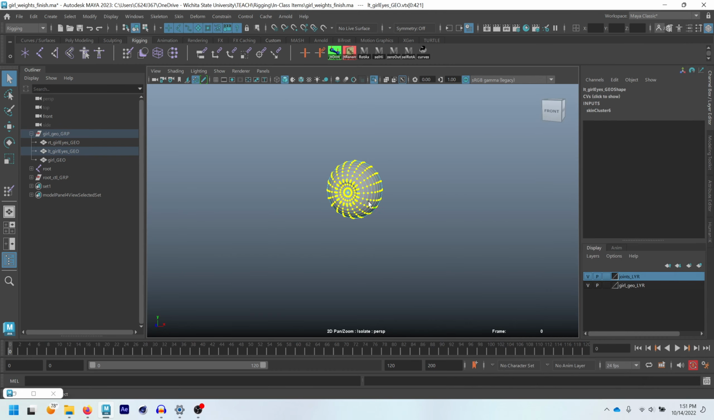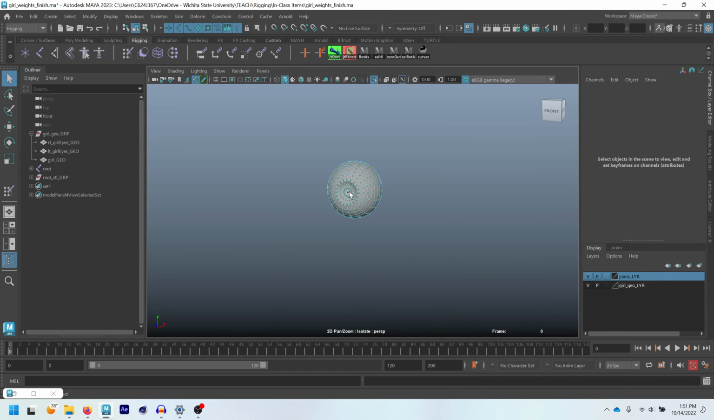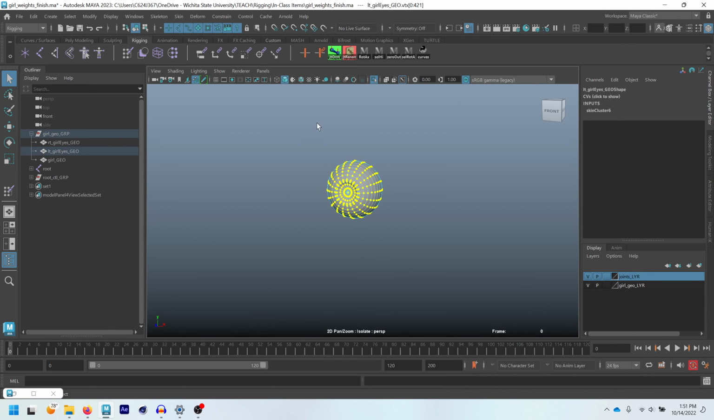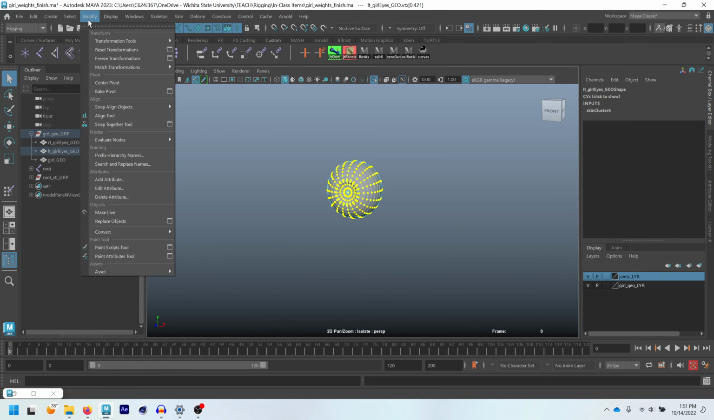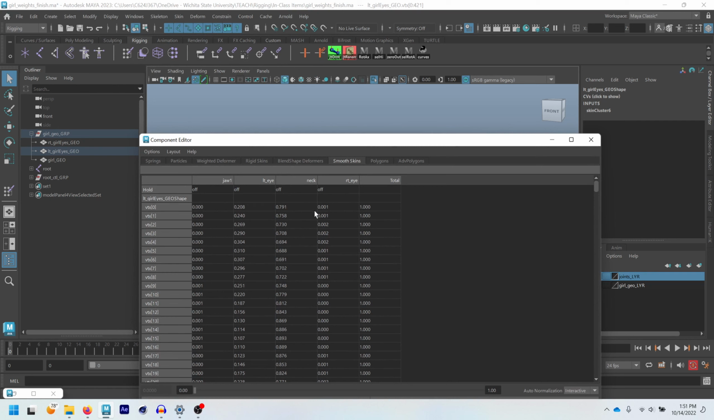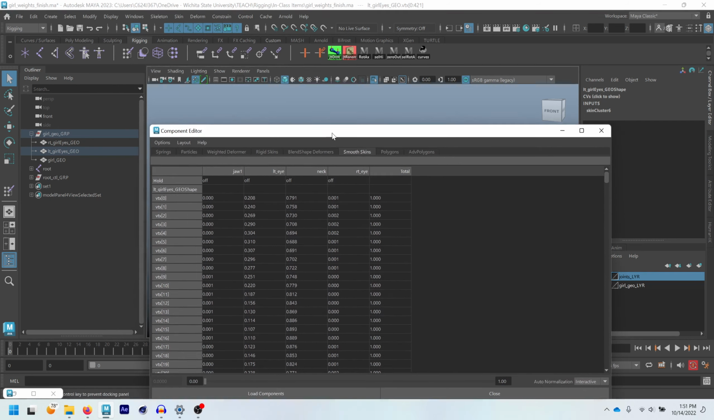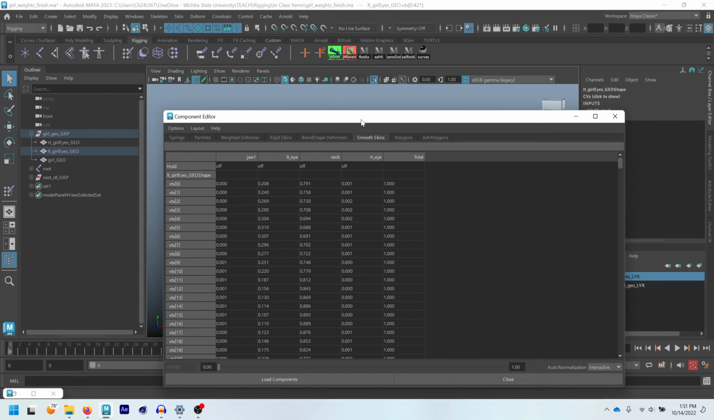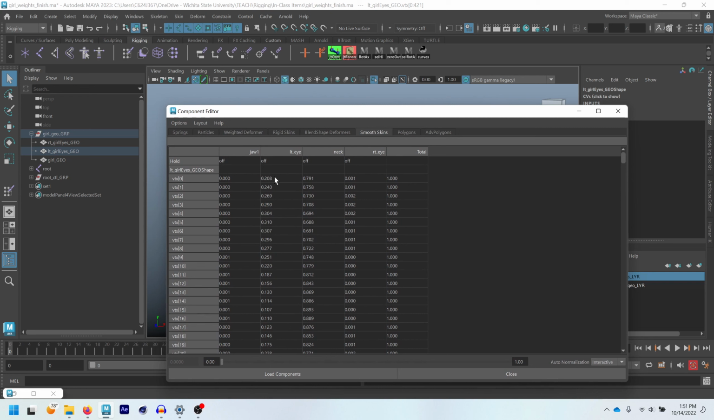So I'll go ahead and minimize those for now, but I just went to vertex selection mode, double clicked on any vertex to grab everything, and I'll go up to Windows, down to General Editors, into our trusty component editor. Now you see I have a lot of different influences from everything else, right? And I just want the eye to work on this. So we'll do what we've done before, but instead of keying in 0, we'll key in 1 for just the